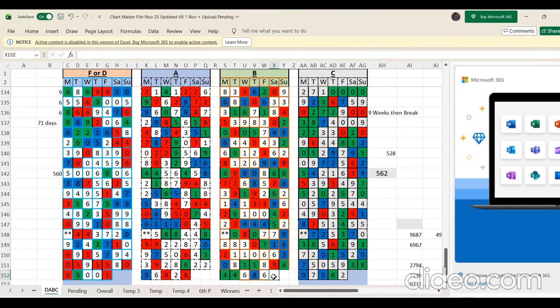So far in board D, we have 1, 3, 6 and 8 came 3 times. So far in board A, we have red and blue, 3, 4, 8 and 9. These have come 3 times. So far in board B, we have blue and green 3, 4, 8 and 9. These have also come 3 times. In board C, we have sequence of green and blue, which is 5, 0, 1 and 6. These have also come 3 times.